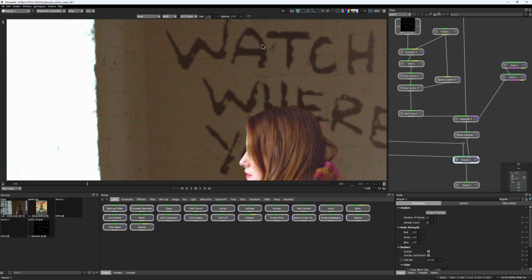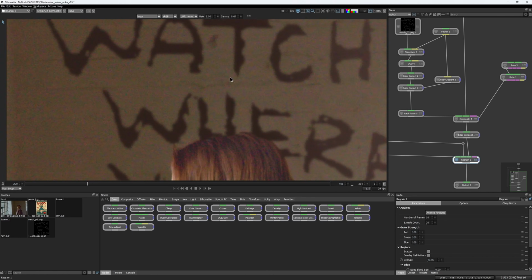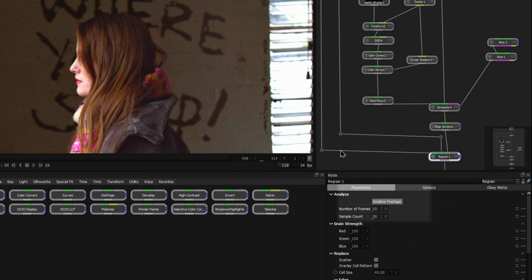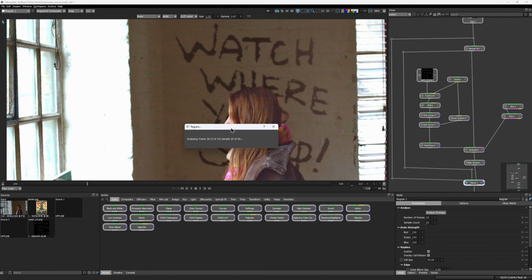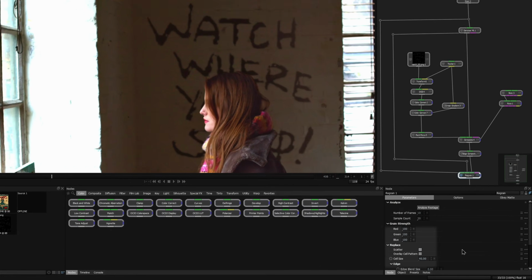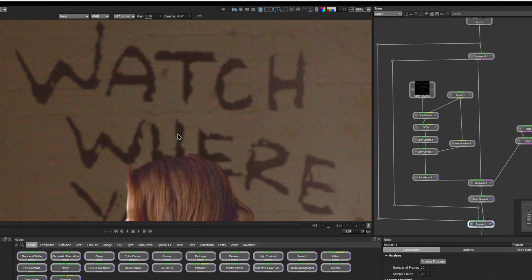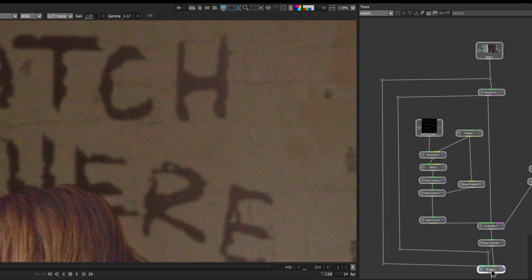Once you connect all of the three inputs, you'll see that the grain is already added back. But this is not the final result yet. We actually need to click on Analyze. By doing that, regrain won't only overlay the original grain back, but it will also adjust it according to the tonal range of your final comp. After the analysis is finished, I would disable the scattering for now, we'll get to that later, and let's see what it gives us. If I switch between before and after, you can see that the pattern stays exactly the same.